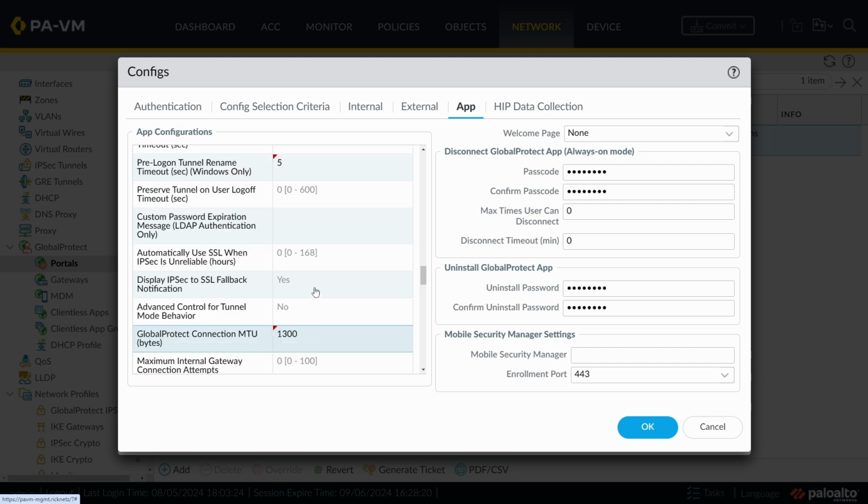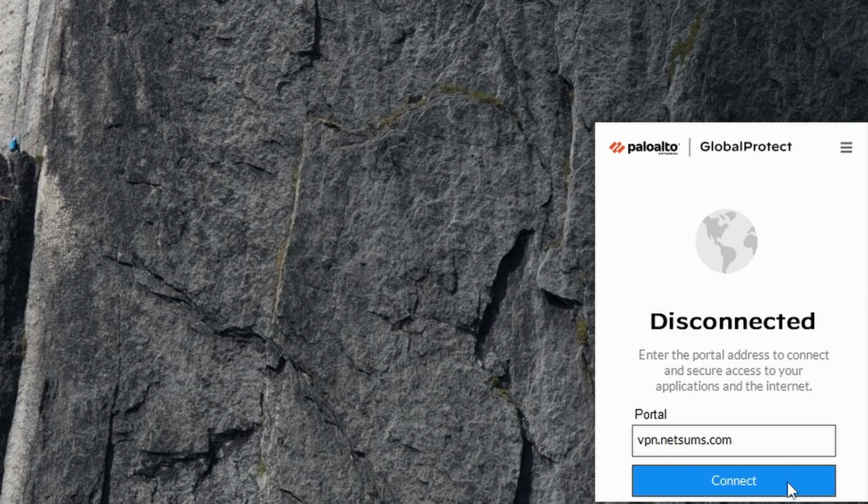The next one is one that I skipped. It's this one, display IPsec to SSL fallback notification. Yes means that GlobalProtect shows a little window, and I can show you this one. I'm going to leave it at yes, and then I'm going to block the IPsec ports on my firewall so that I have to connect using SSL. So if I click on connect,